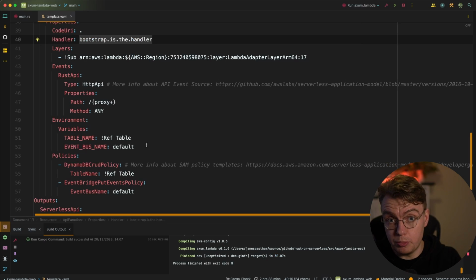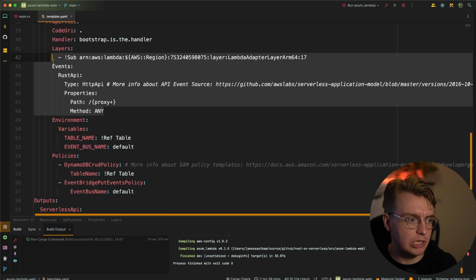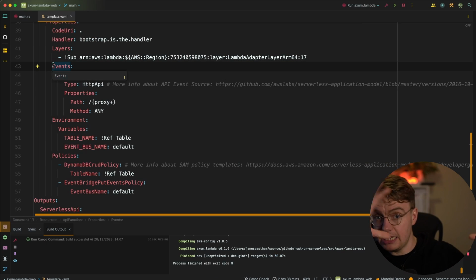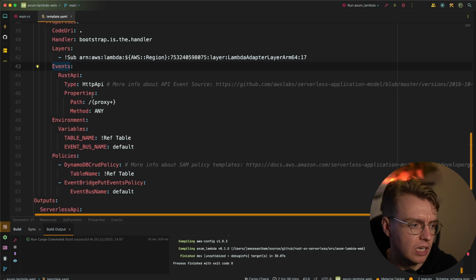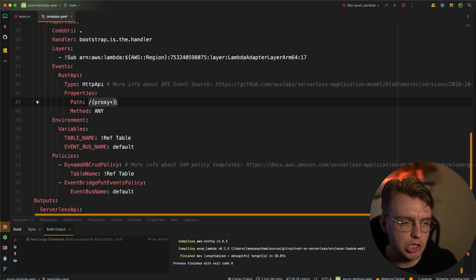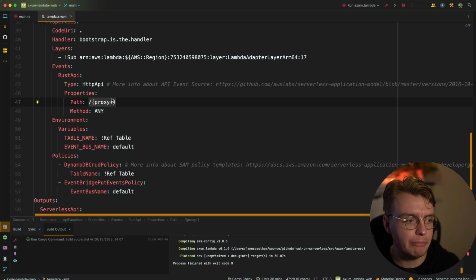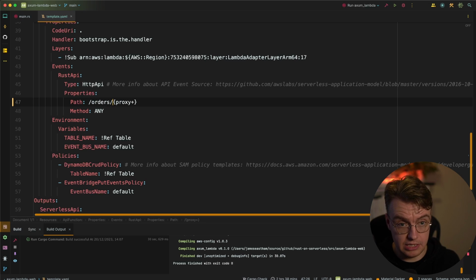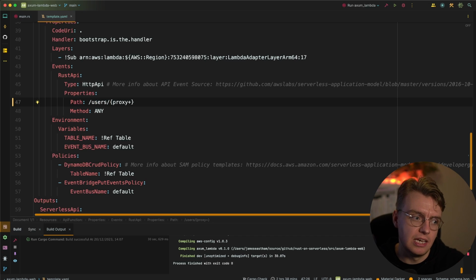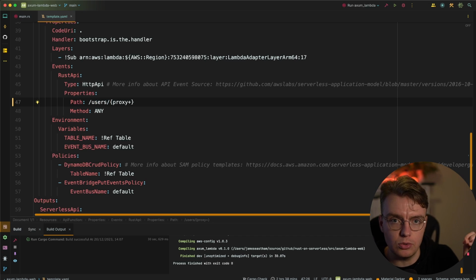The other thing that's super important is when you're setting up your event mapping. This is mapping API Gateway to your Lambda function. You need to make sure that you're using a /proxy route on your API. And this will just tell API Gateway to pass every single request onto your Lambda function. Now, equally, this could be /orders proxy or /users proxy. And in this situation, all of these requests will then get passed onto this single Lambda function,